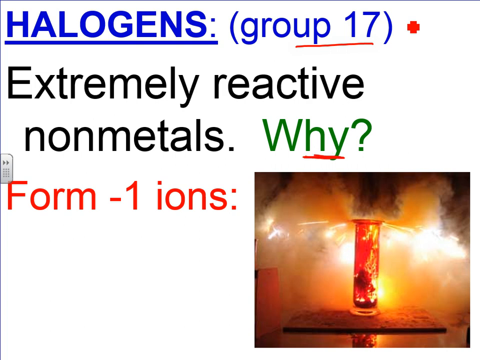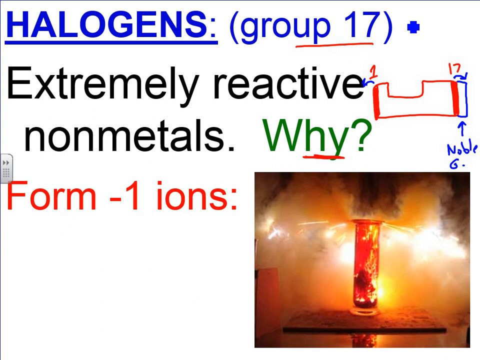If you take a look at the periodic table, we have the halogens and we have the alkali metals. This is group 1 and this is group 17. And the important thing is both of these are right next to the noble gases. This is the noble gas group. And so group 17 just needs to gain an electron to become like a noble gas. Group 1 needs to lose an electron to become a noble gas. That's why both of these groups are extremely reactive.